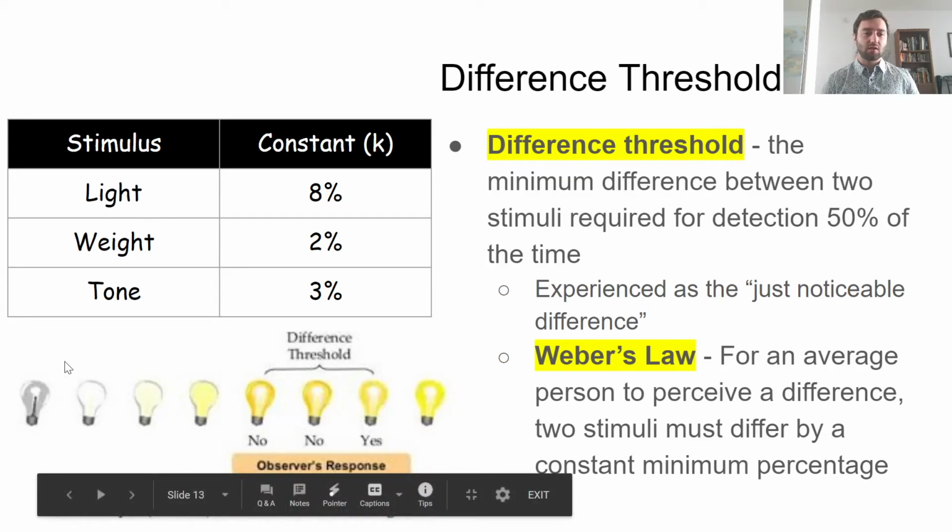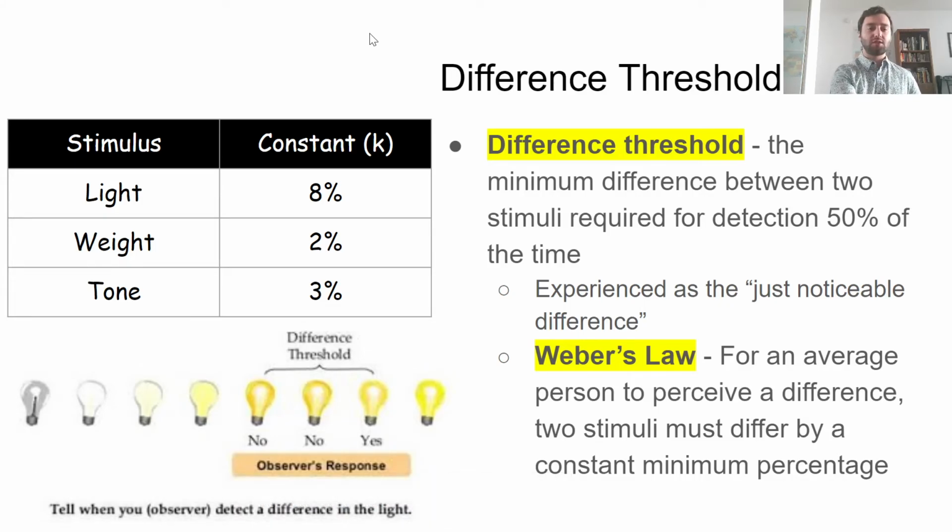So these are our lights, and let's say each of these little bulbs is increasing the brightness by a certain number. I'm just making that up, I don't know what number it is, but it's going up by the same amount. When we look at the first 5 lights, we notice a difference each time it goes up by that number.